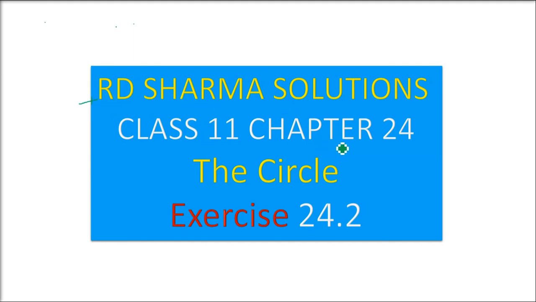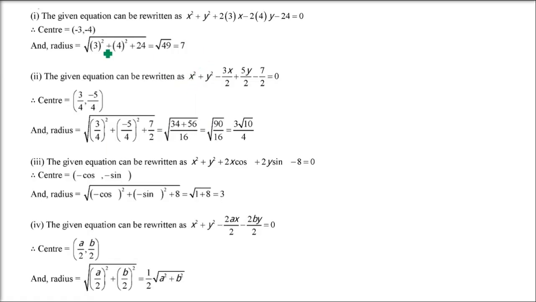This is R.D. Sharma solution, class 11, chapter 24, the circle. Exercise 24.2. This is the first question. Find the coordinates of the center and radius of each of the following circles. There are four parts here, and in every part we are given